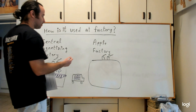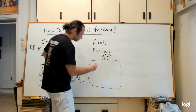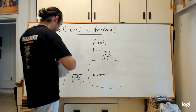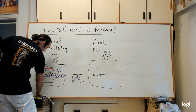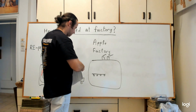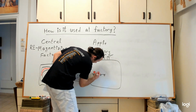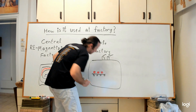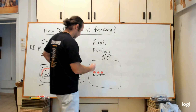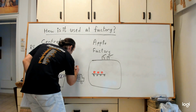And this is the Apple factory. And we have a production line with apples, sorry, and we take this cube, okay, pearl cube,